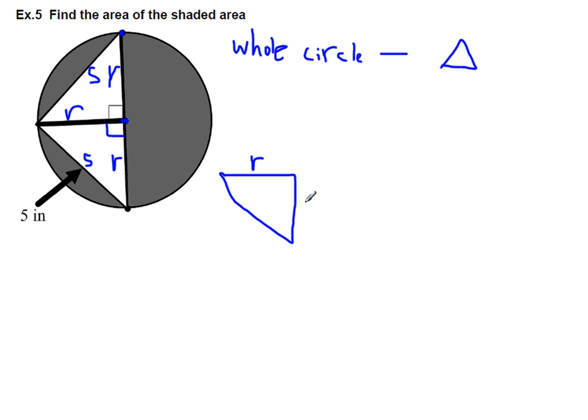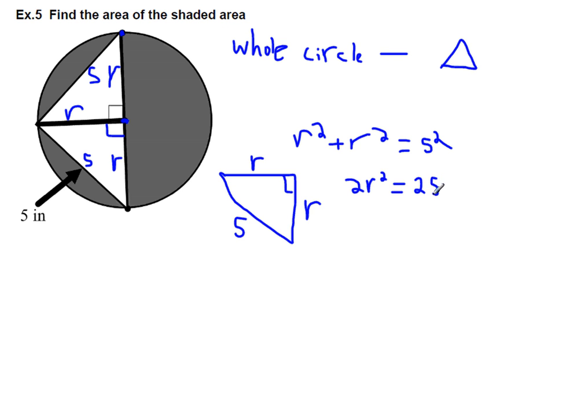It has side lengths of r and r because they're both radii, and the hypotenuse is 5. So, if I wanted to figure out what these are, I could use the Pythagorean Theorem. r squared plus r squared equals 5 squared. So adding r squared and r squared, I have 2r squared equals